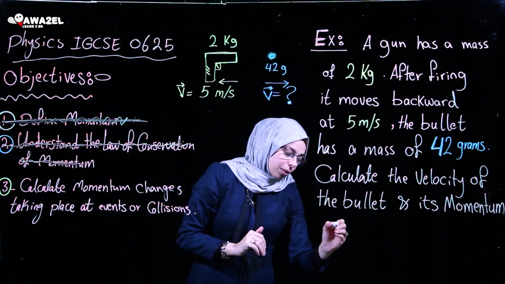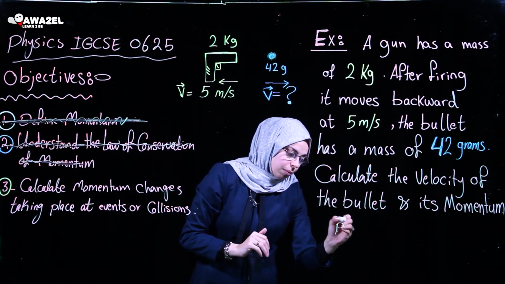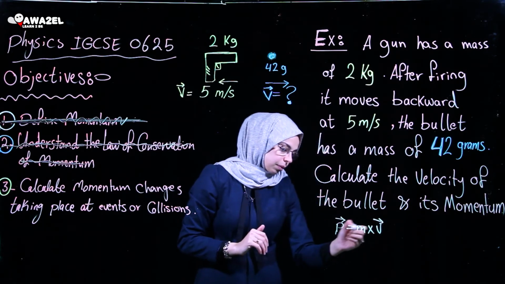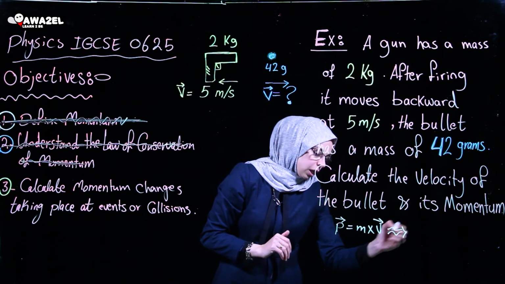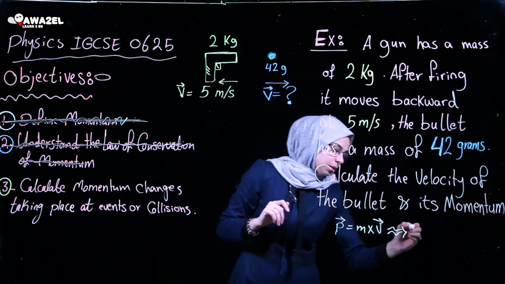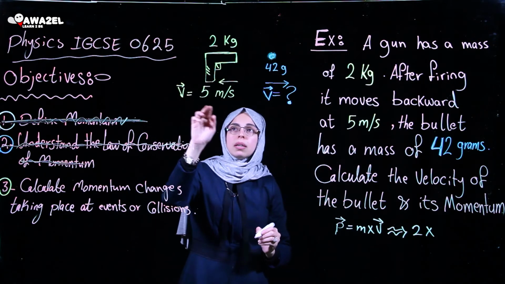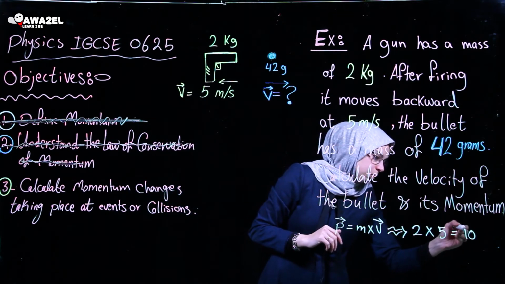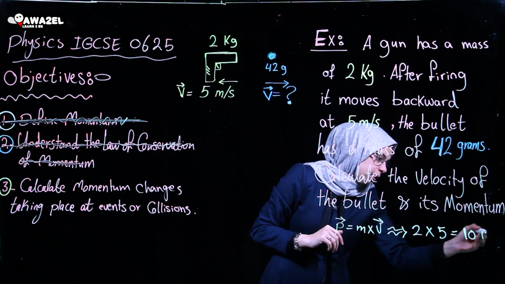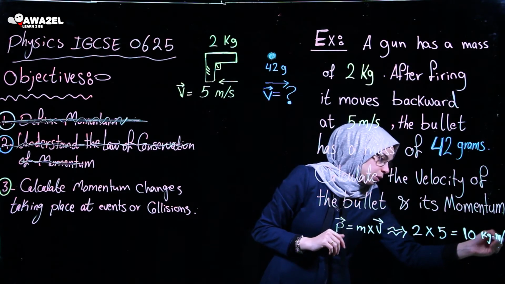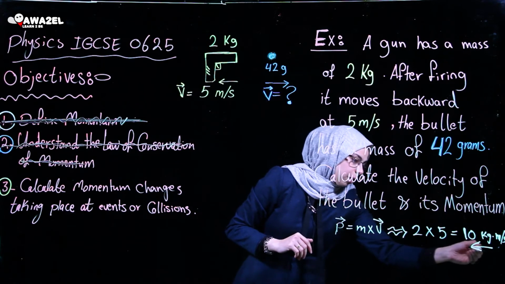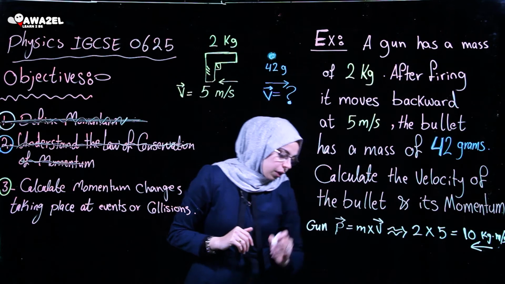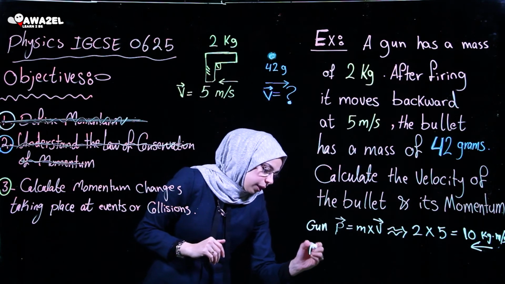So, we will calculate now the momentum of the gun, which is the mass of the gun, 2 kilograms, times the velocity of the gun, which is 5. Now the answer is 10 kilogram meters per second. Now I'm talking about backwards. This is the momentum of the gun. Now the momentum of the bullet,